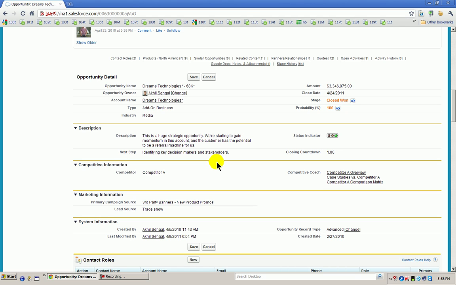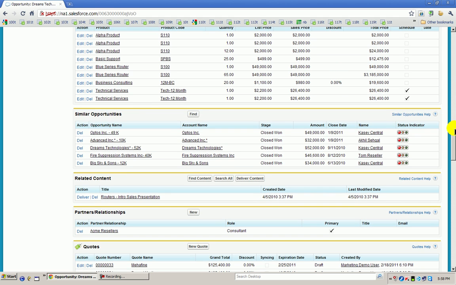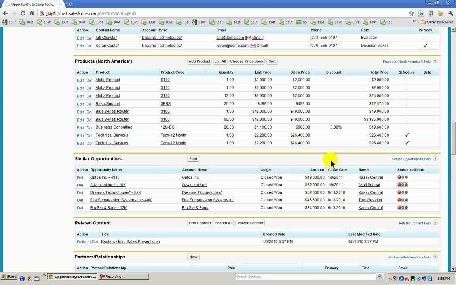I'll come to the dashboard part once my opportunity part is over. Now again the similar thing: what all activities you have done, what all products you are selling to him, all will come. Even if you want, we can create a quotation from Salesforce, create a PDF of the sale from here and send it to them.